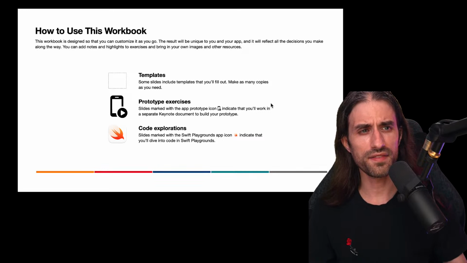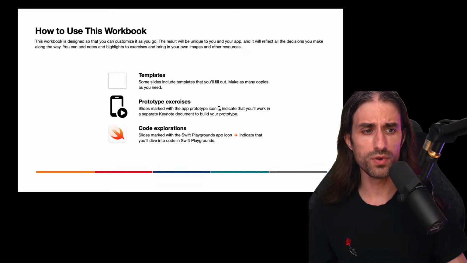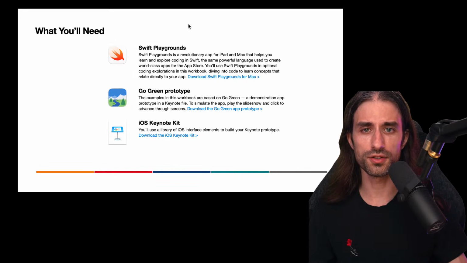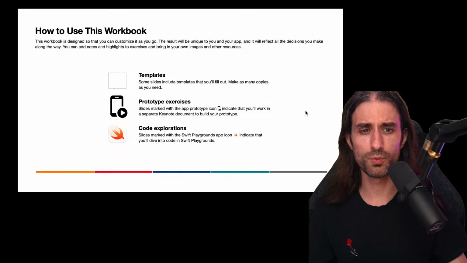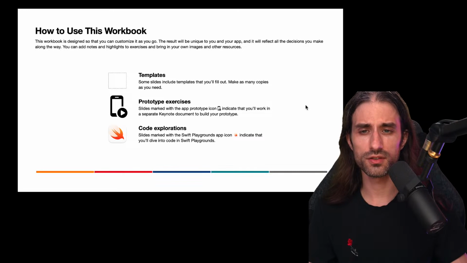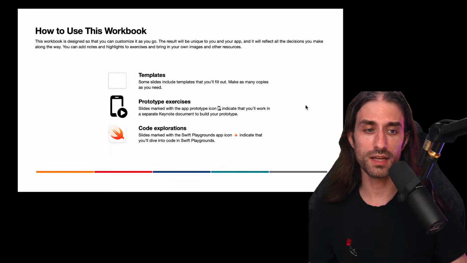Actually, I think there is even a session from WWDC from a few years ago, which showed exactly that, how you could prototype an iOS app using Keynote. And I know that Apple used to promote this approach also. In a way, I mean, you can use Figma, but it's a way to do everything with one tool. And for someone who is just getting started, maybe also for non-technical people, using Keynote to prototype an app might be easier than using Figma.